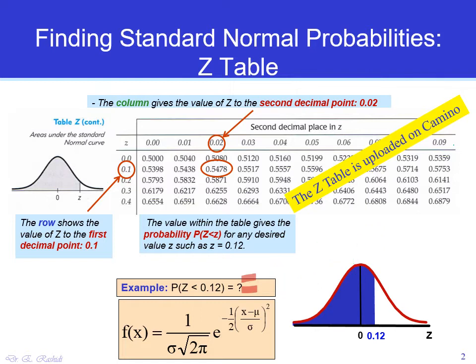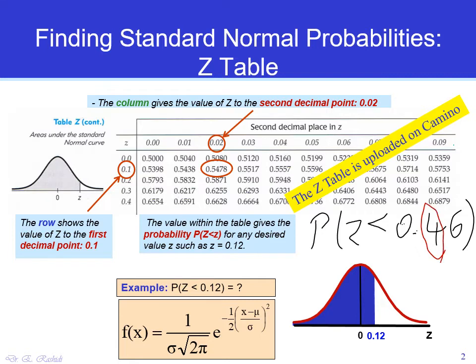Let's do another example. Suppose we wanted to find the probability that Z is less than 0.46. What we need to do is find the first decimal in the first row, that would be the first decimal, 0.4, and the second decimal, which is 6, we have to find in the column, and the intersection of these two would be here and here, so that would be our solution,